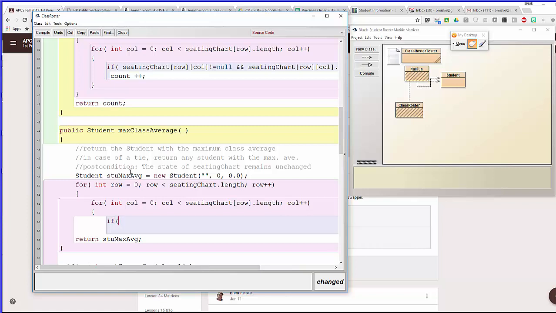And so I'll make the mistake again. I'll say if seating chart of row column